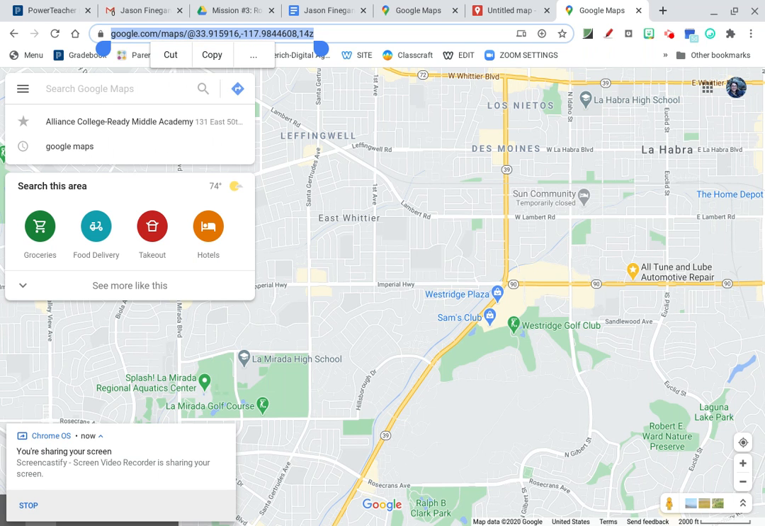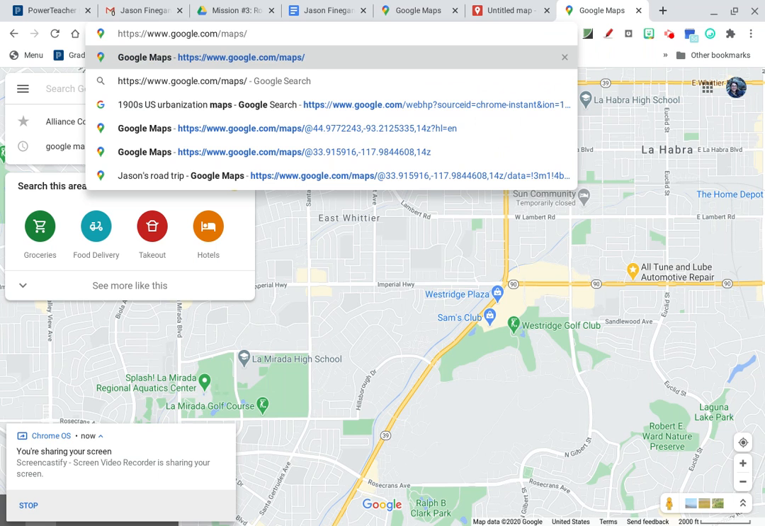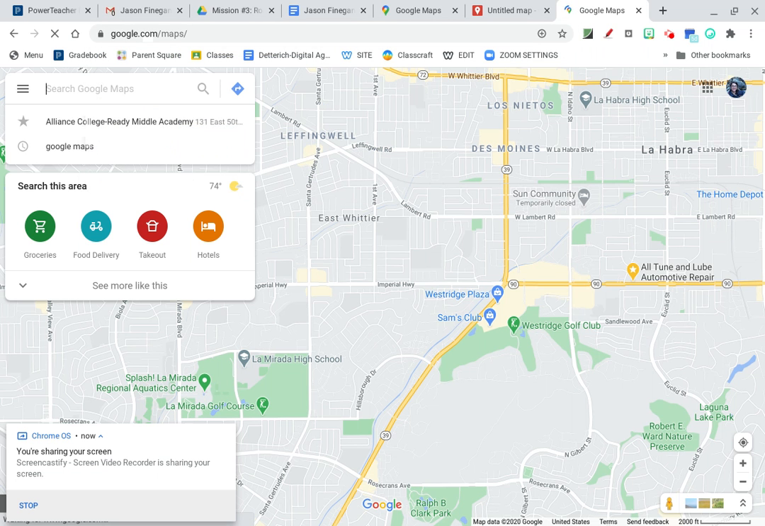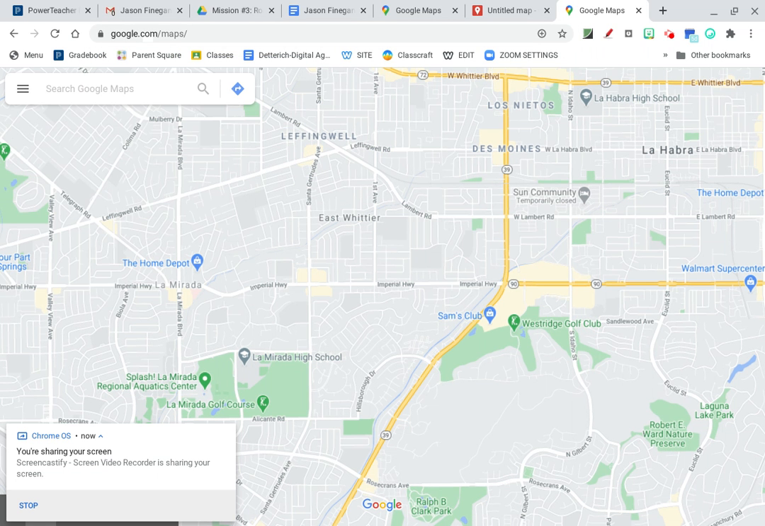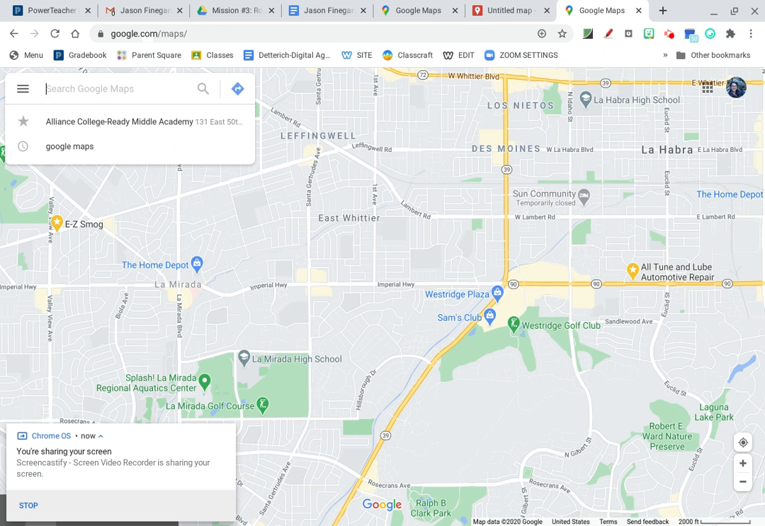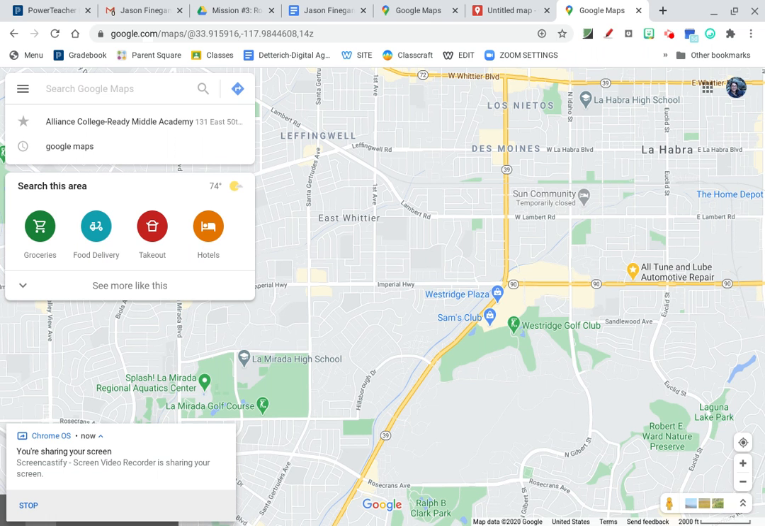Now up here in the top, you would just need to type in Google Maps, google.com/maps. You open that up, and as long as you're logged in, it will probably recognize where you are, so that's why this is showing you kind of where I am. And this is my neighborhood. So now that we're here,